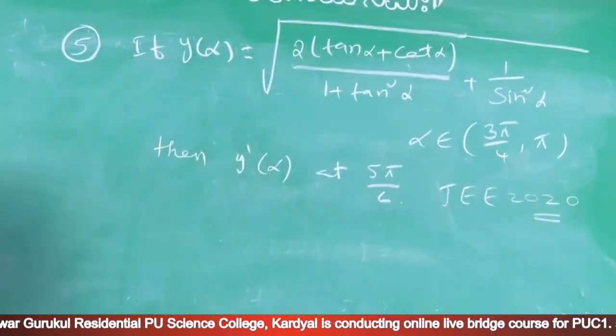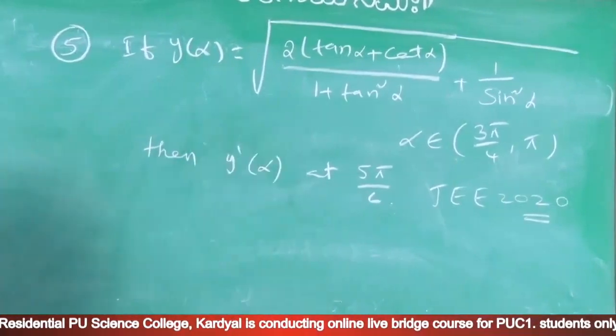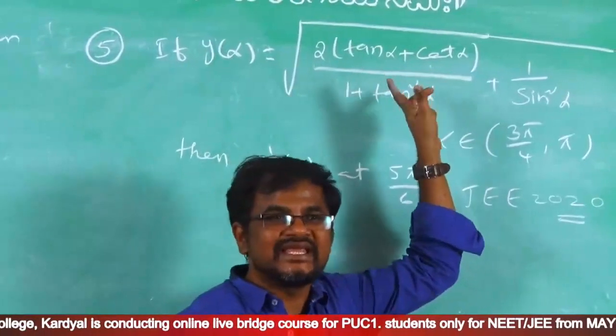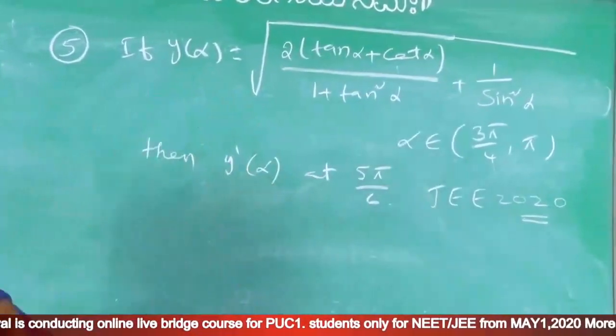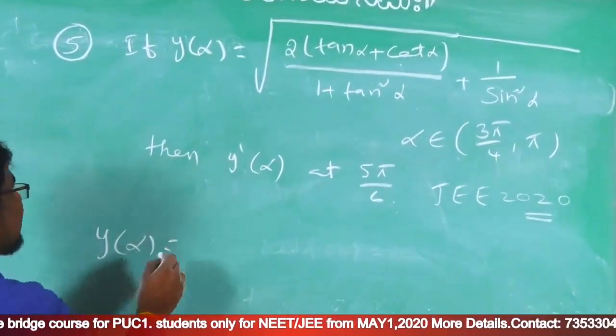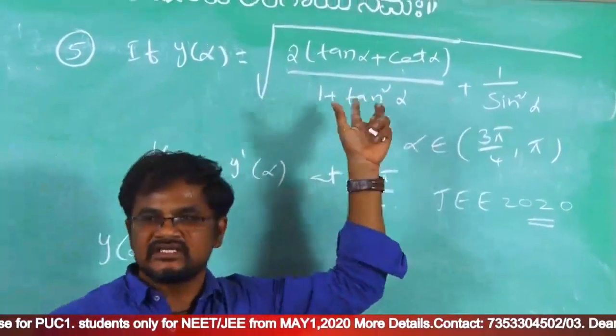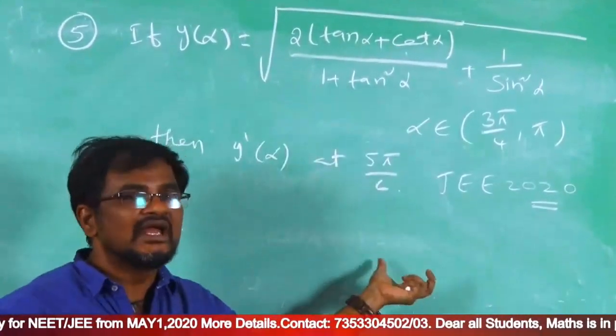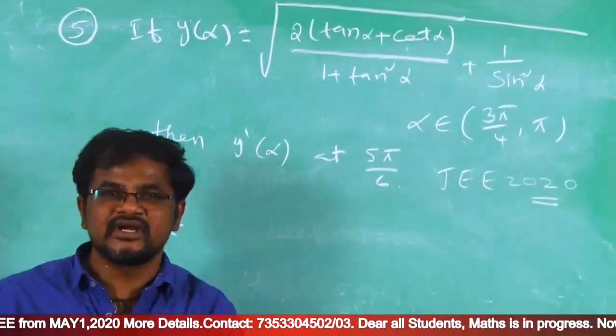So to do the differentiation, what do we have to do? It is a simple problem only, but first we have to decode this one. We have to simplify this one by using the trigonometric formulas. So how to simplify that one? Don't go directly to differentiation, you won't get the answer easily. First we should decode and simplify that one, then do the differentiation at this point, then you will easily get the answer.